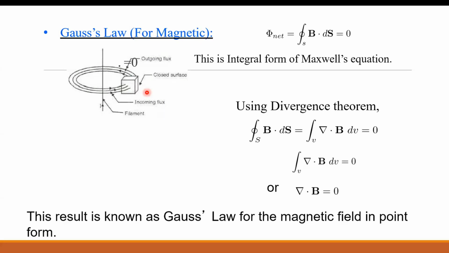Right. Now we have to reduce this equation to the point form or differential form. Point form is nothing but differential form. So what we can do now, as there is a surface integration present, we can convert surface integration to